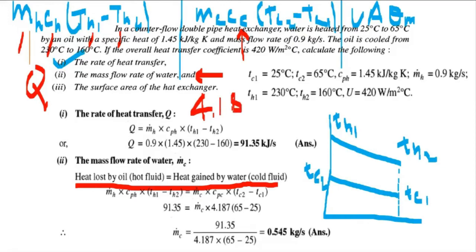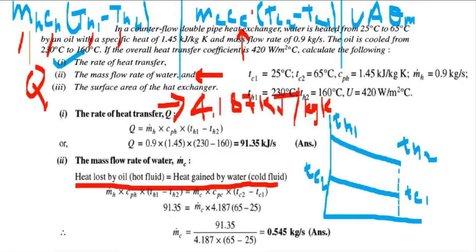What is the unit, sir? The same, kilojoule per kg Kelvin, sir. Very good. 4.187 kilojoule per kg Kelvin. In any of the questions, they will avoid giving C of water. So this will not be taken as an unknown value because they are assuming that you already know the specific heat of water. Is this part clear to all? Yes, sir. Even if you forget it, in the data handbook, in the property values, properties of liquids, go to water and you can find the specific heat of water.